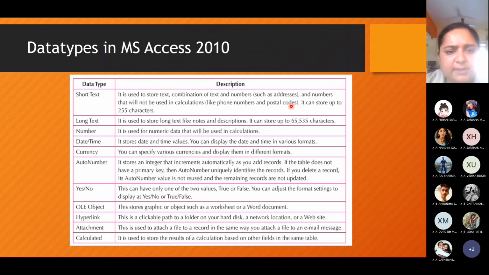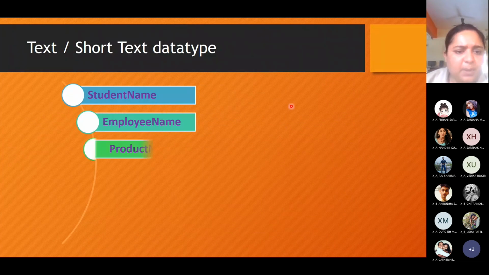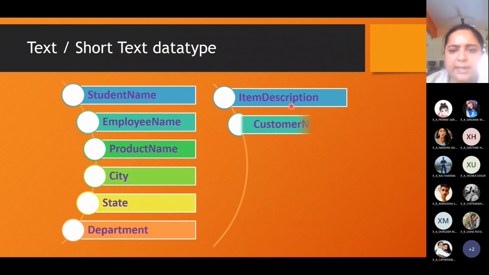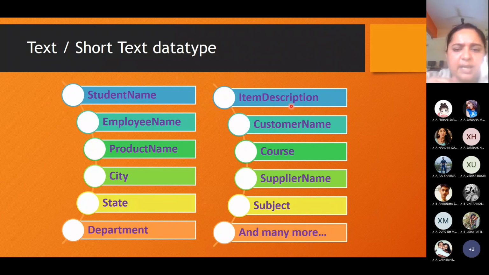So that is why such type of data is known as alphanumeric data. Alphanumeric data could be, I'm just going to show it to you: name, employee name, product name, city, state, department, item description, customer name, course, supplier name, subject, and many more. So all this type of data represents short text or simply text.